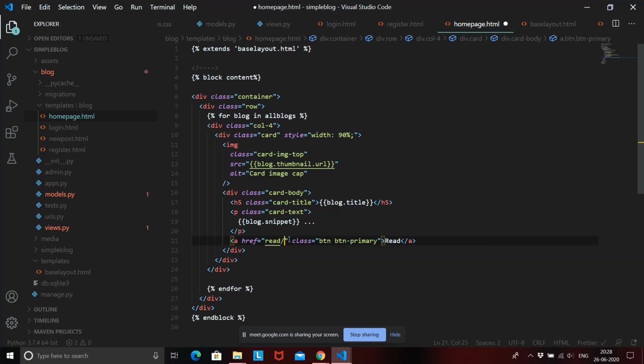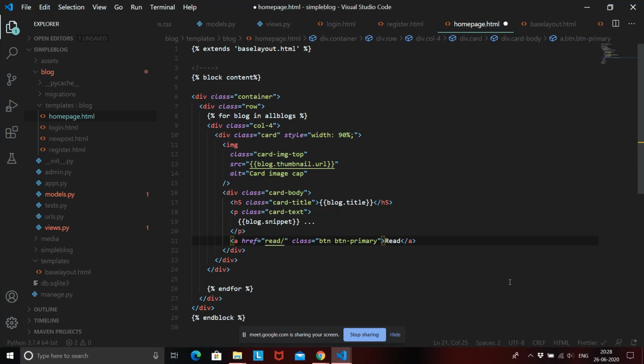After that read, we need to tell the URL which blog we need to read, right? If we just give read, then it will be common to all the blogs, but we need to specify which blog we want to read, and that is the blog we are currently accessing in this for loop. We can access it using a special property of the model called ID.